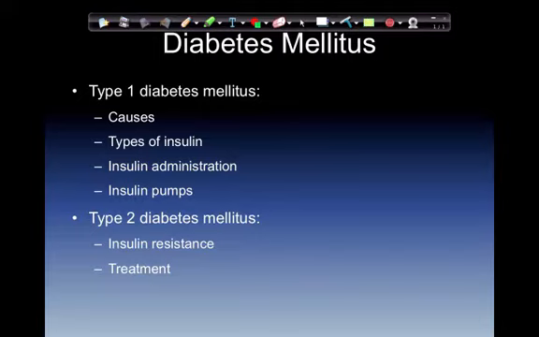Type 2 diabetics are different. They suffer from insulin resistance. Their body does not like the insulin that they make. Now, even though a type 2 can be put on insulin therapy, that is to essentially overpower the cellular environment. Treatments of a type 2 diabetic include diet modification, exercise, and oral hypoglycemic agents. All are forms of treatment, and they can even be on insulin as well.